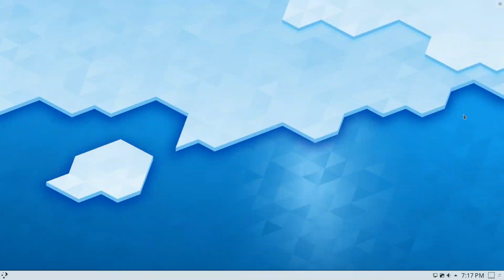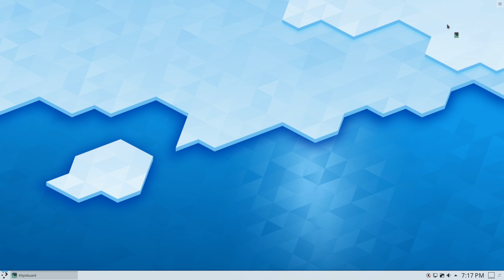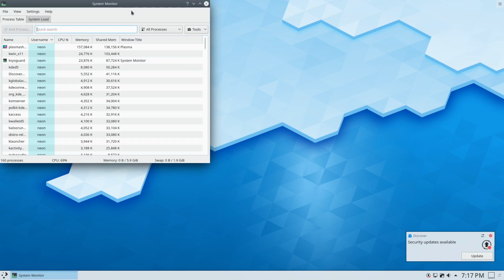And so that's kind of what we get: a very minimal distro with just the basics and then everything KDE, but it's not everything KDE. I find some things are missing that could be installed. And so with that, I think what we're going to do is start by having a look at KDE Neon. So over here on the desktop, before we do anything else, let's go ahead and pull up KSysGuard and have a look at our information.